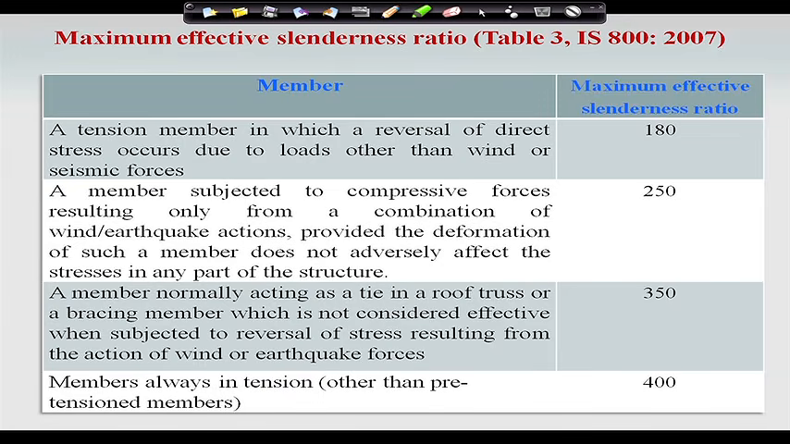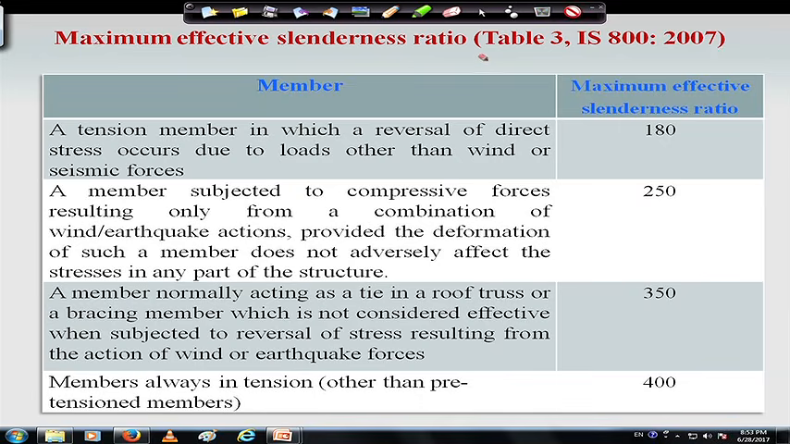So, the slenderness ratio values are given in Table 3 of IS 800:2007. If we see that, we will see that when the tension member has reversal of direct stress due to loads other than wind and seismic, it is 180. Whereas, when a member is subjected to compressive forces resulting only from a combination of wind and earthquake actions,